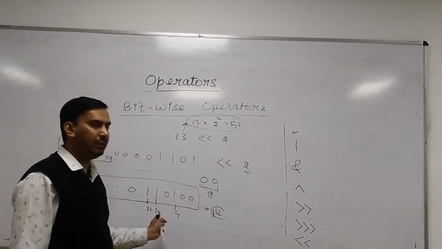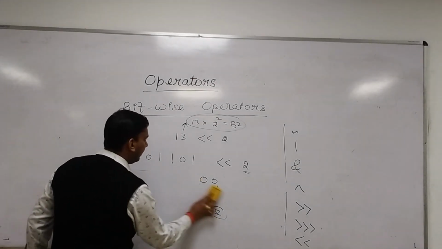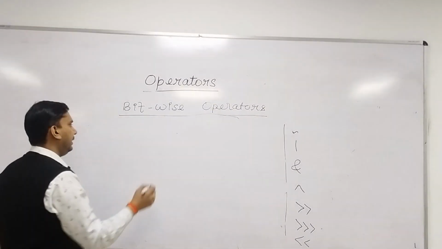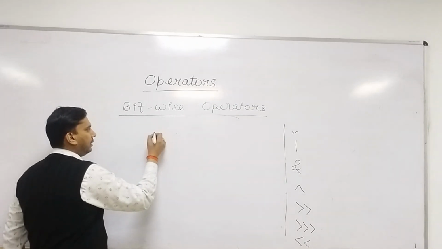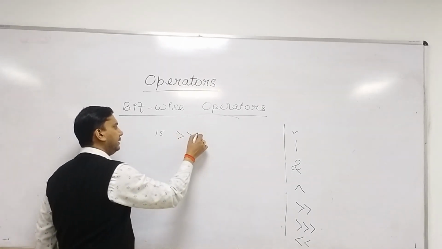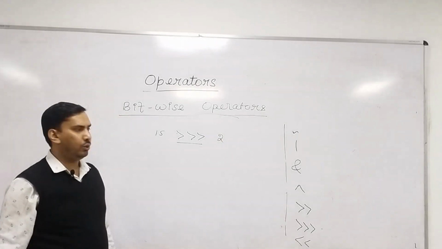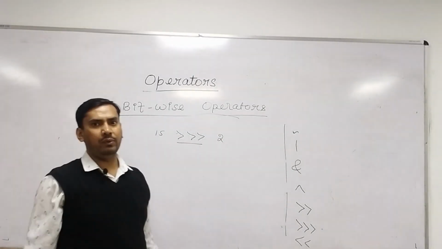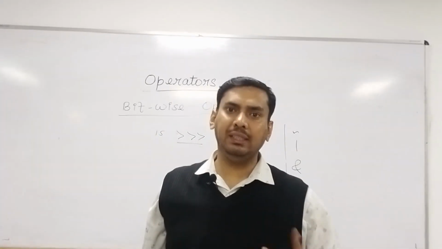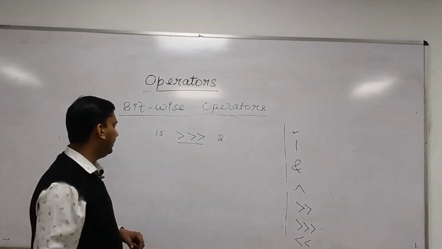Similarly, just the reverse process of this is right shift, unsigned right shift. Unsigned right shift means we are shifting like this. Let's say I am having the number 15 and 15 is to be shifted. This is your unsigned right shift, by 2 bits. So unsigned right shift is useful when you have a positive number. Unsigned right shift will give you inconsistent results if your number is a negative number. Right? I'll make you understand with this fact.